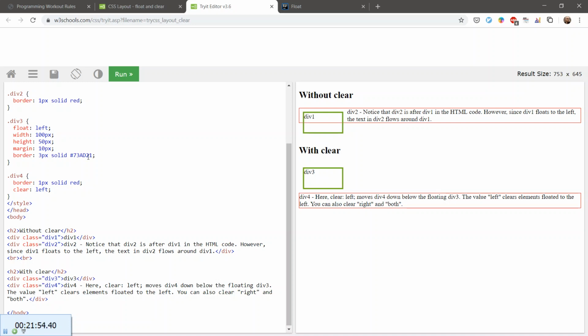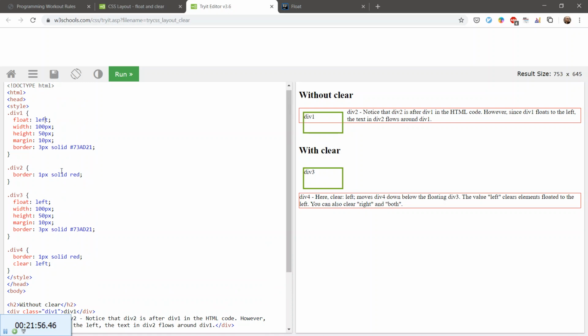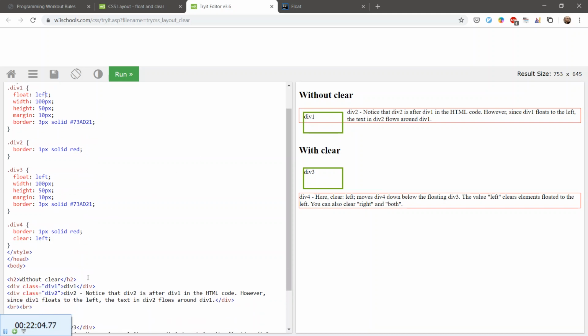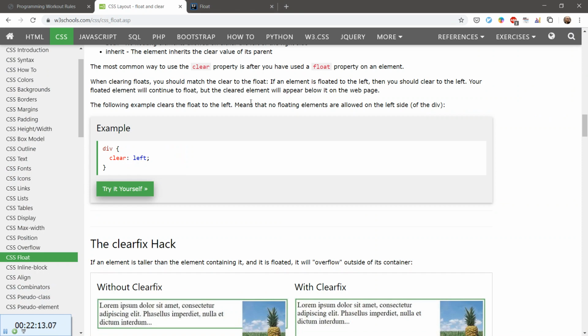Div3 can float left. Ah, okay, so here this one floats on the left. And that is specified first. And then that, okay. So that is